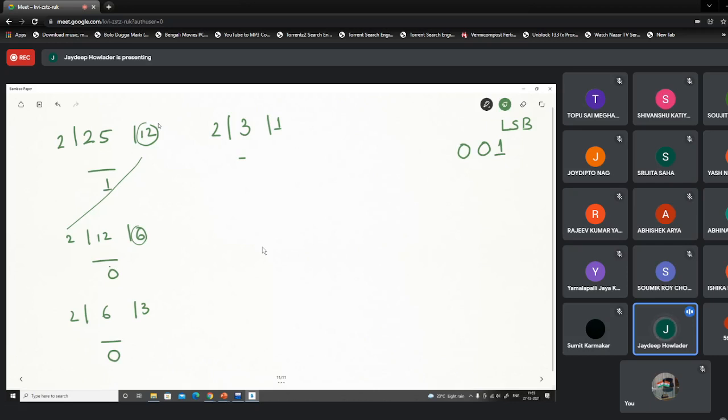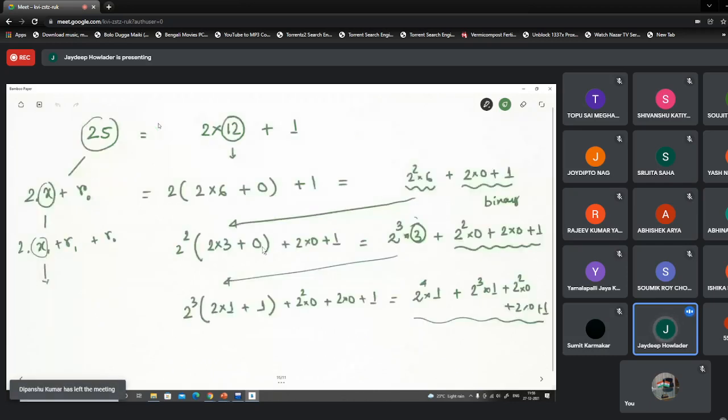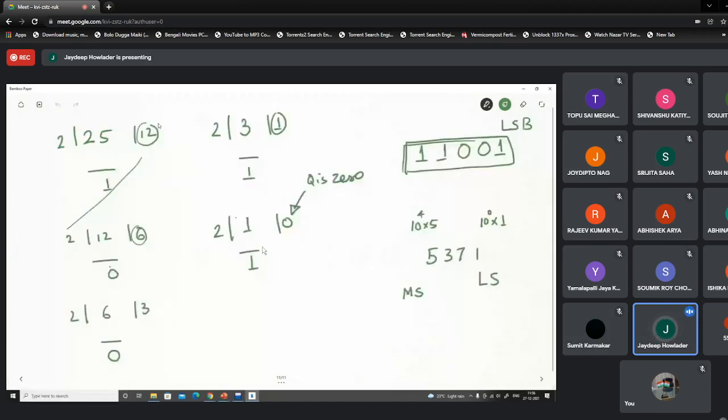So the two techniques are basically similar. What we are doing here is repeated division. Previously we also did repeated divisions, and now we are also performing repeated divisions, capturing the remainders. This is the least significant and this is the most significant.